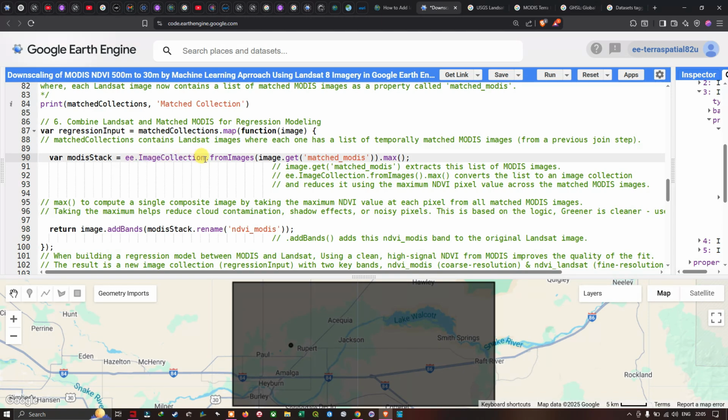So it's going to convert the list of images to an image collection. For that, we mention ee.ImageCollection.fromImages, and last we mention the .max function. So it reduces it to a maximum NDVI pixel value across the matched MODIS images, for example. So the max function here